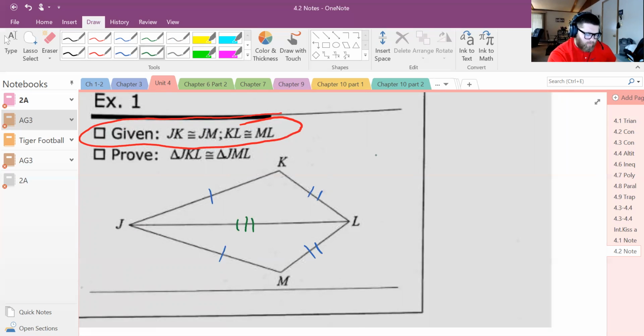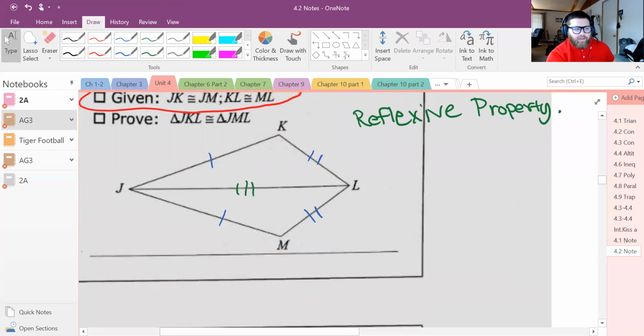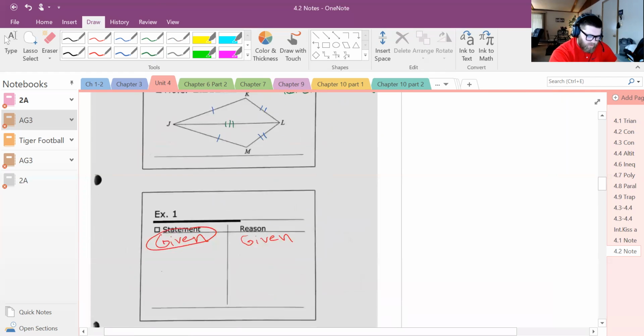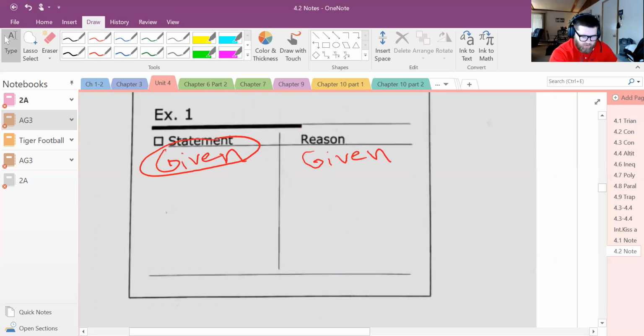Maybe somebody remembers. Okay, it's actually called reflexive. So that's going to be the reason why. Hold on, reflexive property. That's what it means when two triangles share a side. Okay, it's called reflexive. Obviously, they're going to be congruent because it's the same line. It's the same side. Okay, so now let's go to our actual proof, our t-chart, and let's put, what is